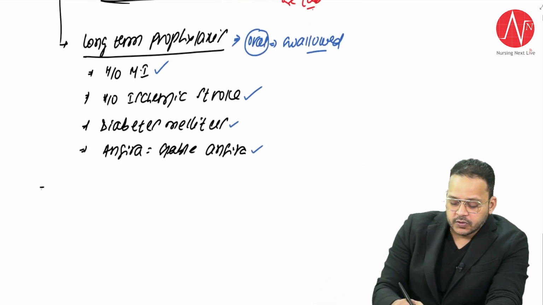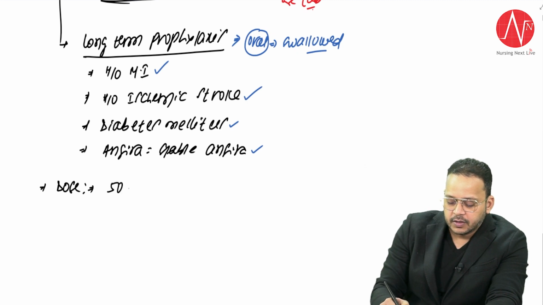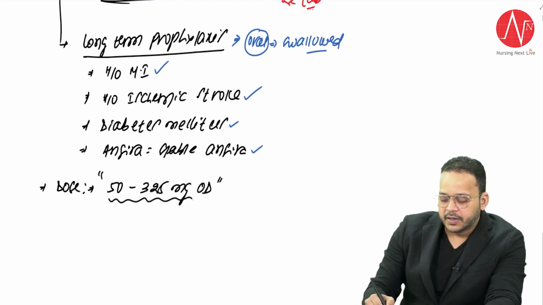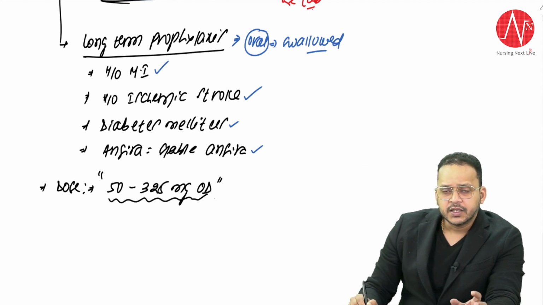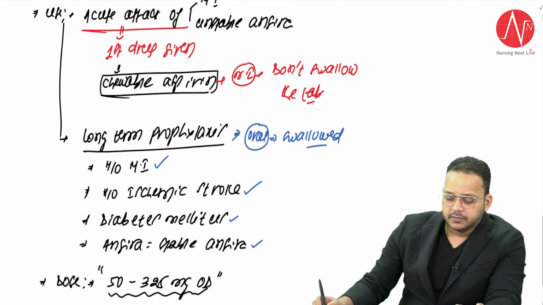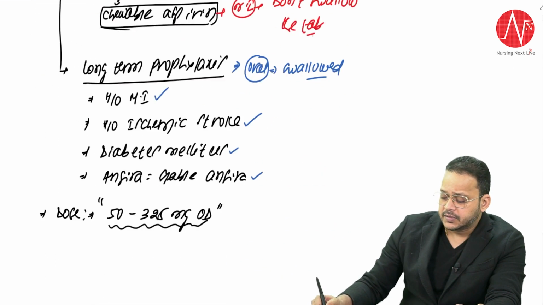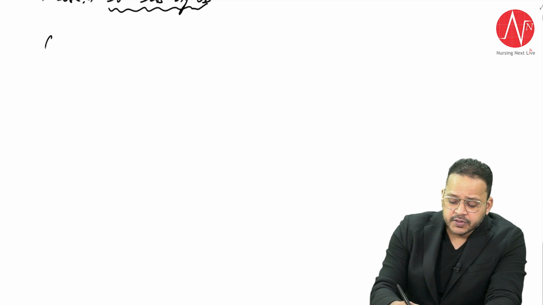Now the anti-aggregant dose that is to be given is 50 to 325 milligrams OD. So 50 milligrams to 325 milligrams once a day dosing is what is preferred. So this is aspirin, guys, a very important drug. Now coming to side effect,